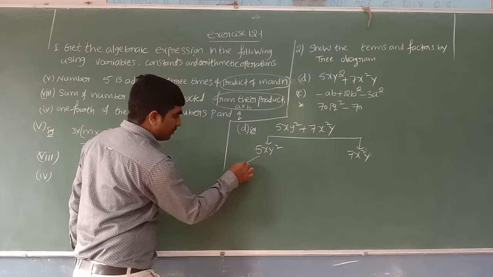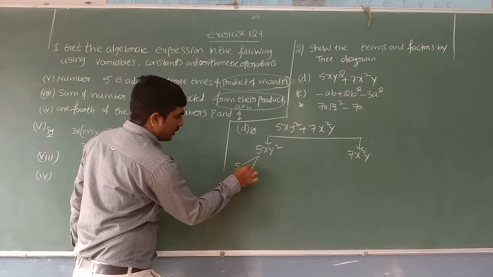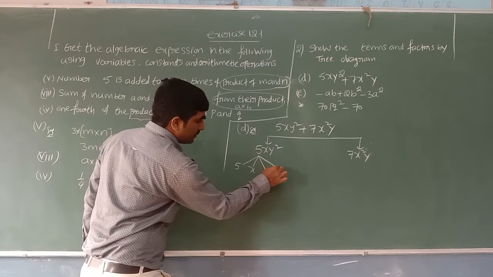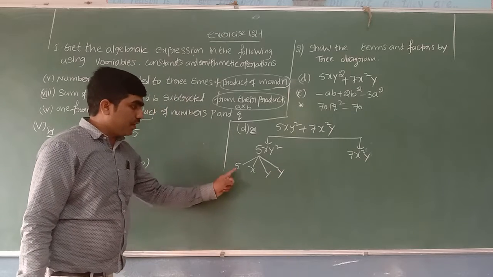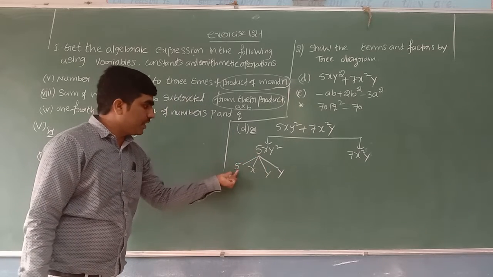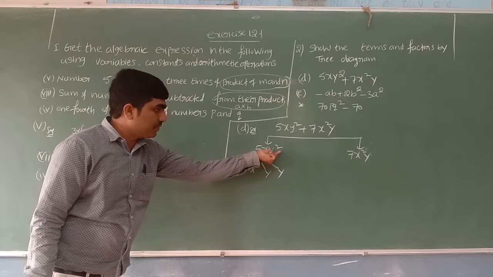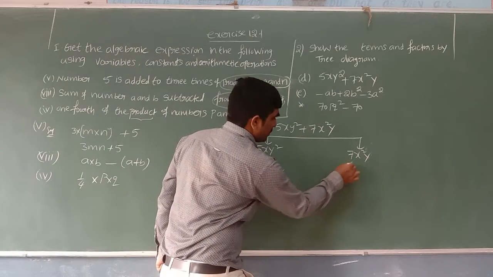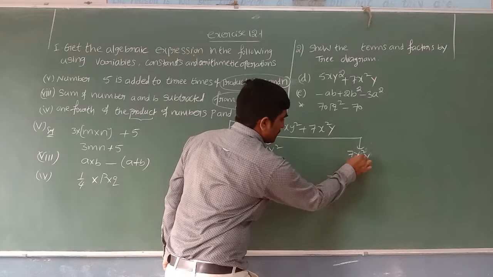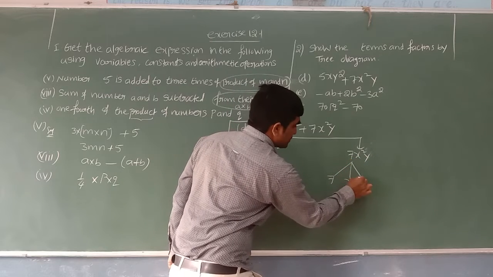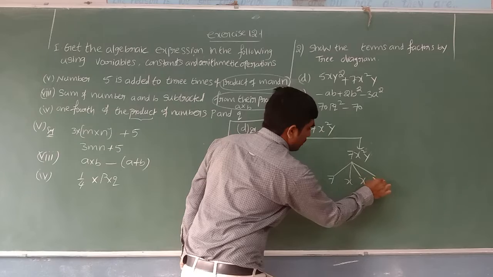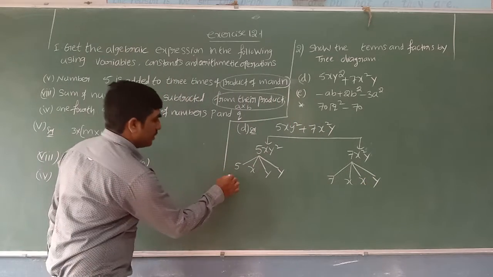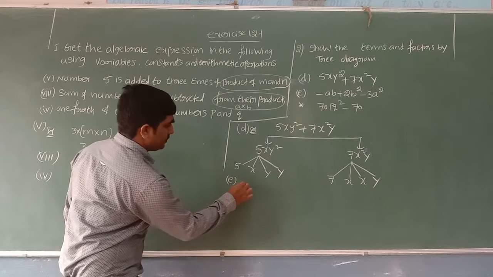And this we can write as the product of 5 into x into y power 2, and y power 2 we can write as y into y. So the product is 5 into x into y into y. Similarly, we can go with the other also: 7 into x power 2, which we can write as x into x, and next one is y. Similarly, you can simplify the remaining also. Let me go with the next bit.